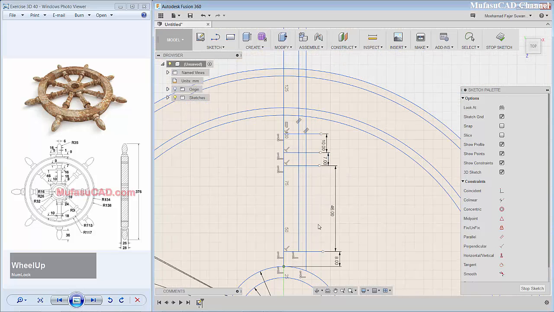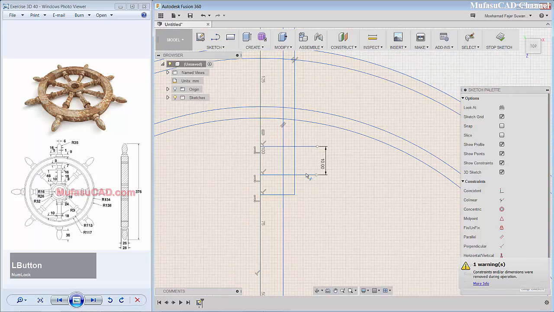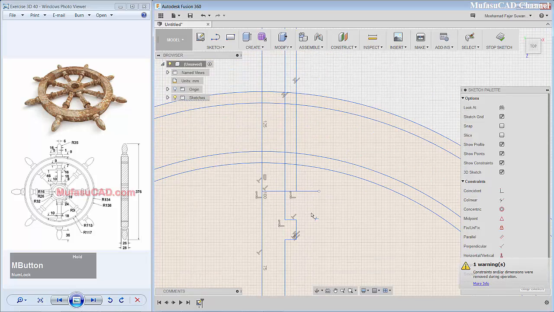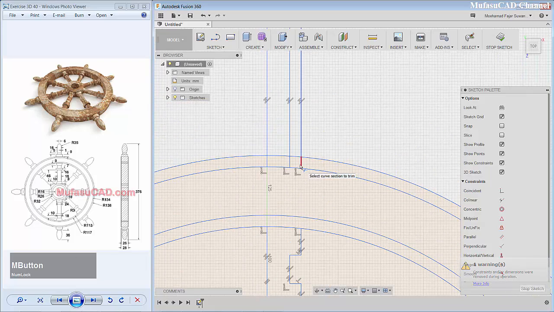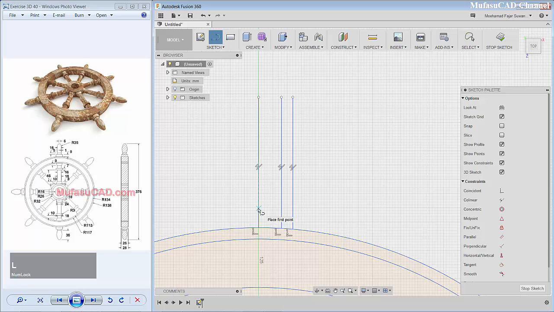Okay. Use trim command to cut this line object. Okay, I will cut this line object. We cut in here. Okay, I will cut this line object one by one. Okay, we'll undo in here and trim in here. Okay, you can cut in here, cut, and we cut in here. Right click and OK.